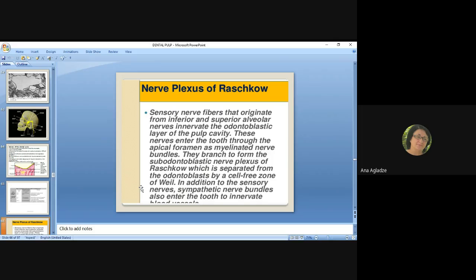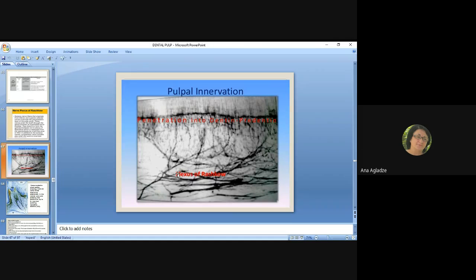And such free exons can barely be distinguished from unmyelinated cells, and the terminal branches of the nerve plexus of Raschkow pass through the row of odontoblasts, and we see it here, and this is the plexus of Raschkow, and they can pass between these odontoblasts, and sometimes they can extend into the dentinal tubule, and here they are no longer surrounded by a Schwann cell, and these nerve endings run for at least 0.2 millimeter in the dentinal tubules, but